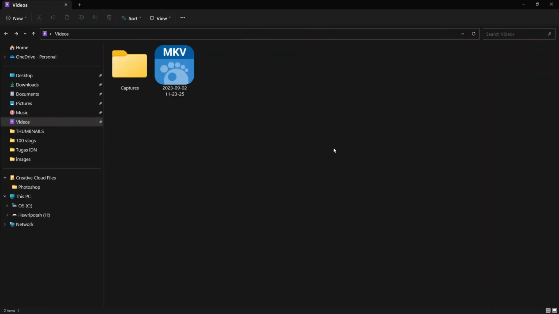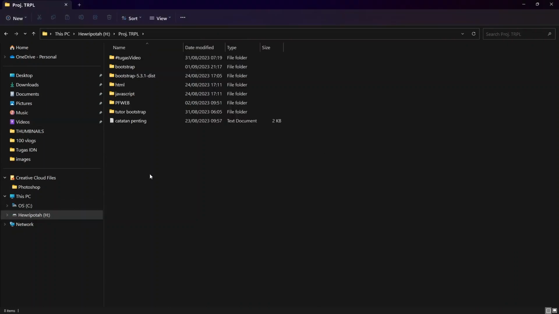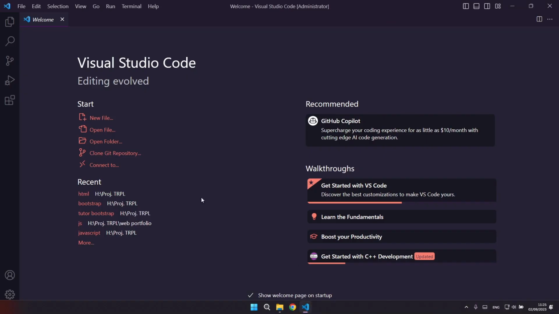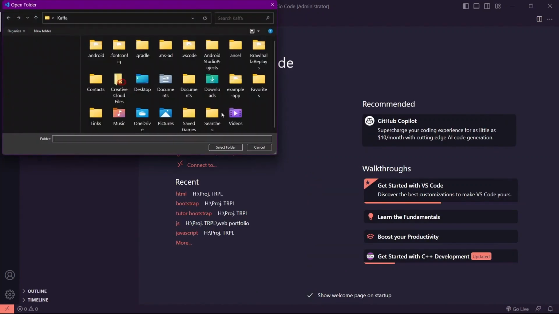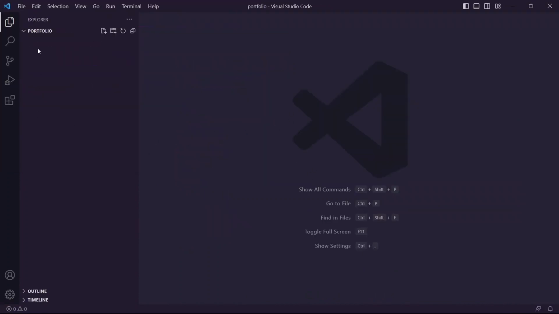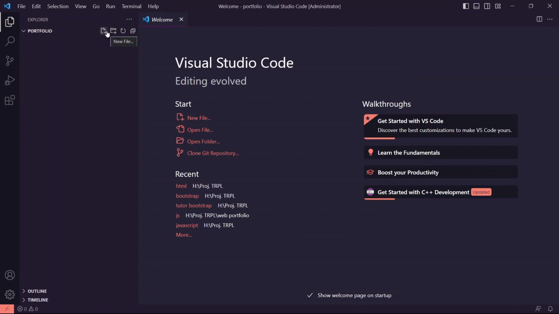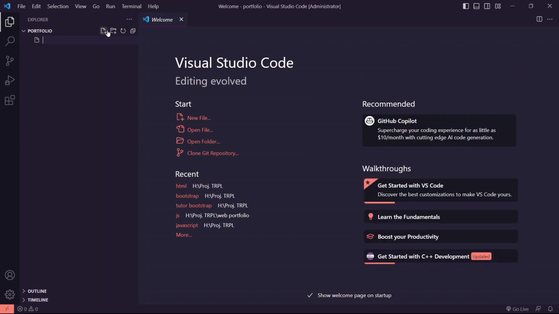First, you need to make a new folder. I'm gonna make it right here. Name it portfolio, and then open your Visual Studio Code, then open folder, and then select your folder, and here you can make a new file called index.html,